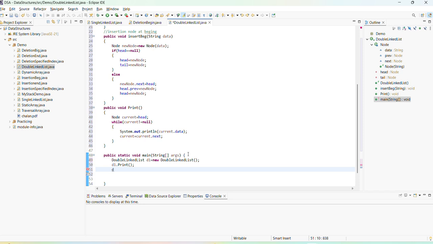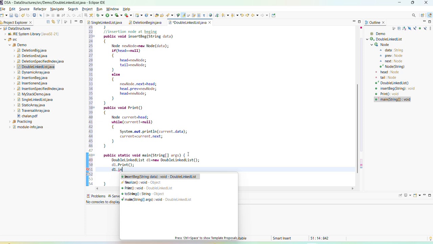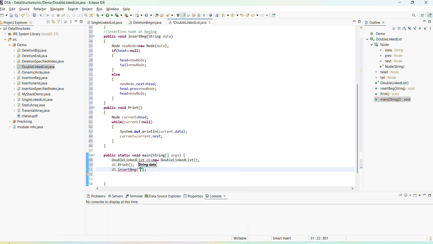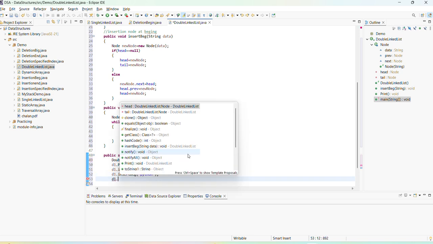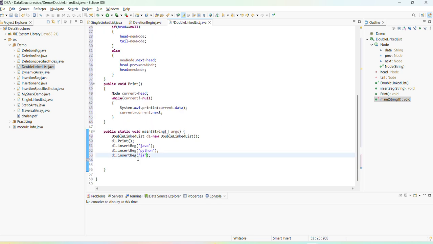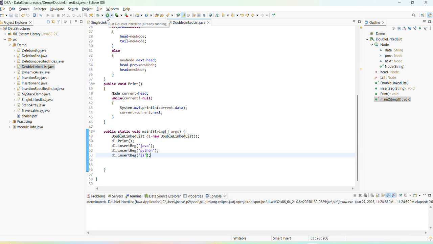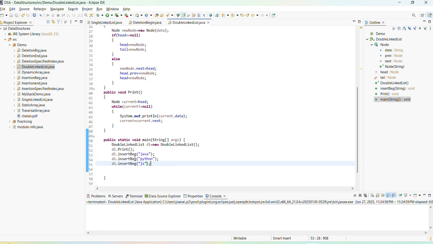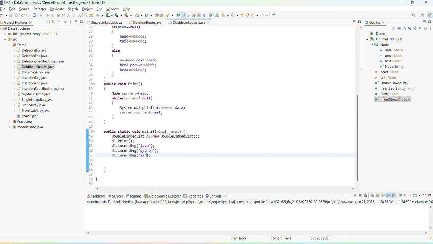And after that, I'm inserting the values at beginning. So d1 dot insert at beginning, I'm passing values like Java, and d1 dot insert at beginning of Python, and d1 dot insert at beginning of JS like that. Here we are inserting the values at the beginning. So I'm taking it and running this code. Output did not come. Saving this, after that I'm running. If there is an error,